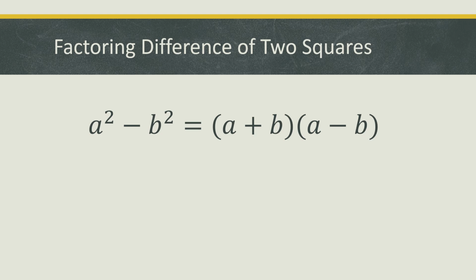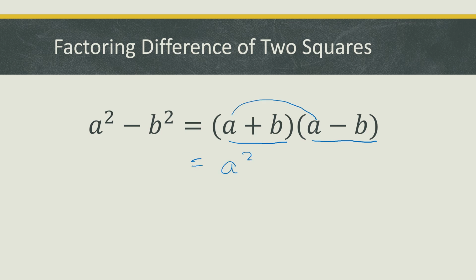Difference of two squares is one of the expressions that can be factored out. Using this technique, we are going to follow a squared minus b squared is equal to a plus b times a minus b, or the sum and difference of the square root of the first and the second term. They are equal, as if we are to simplify a plus b times a minus b, that is a squared